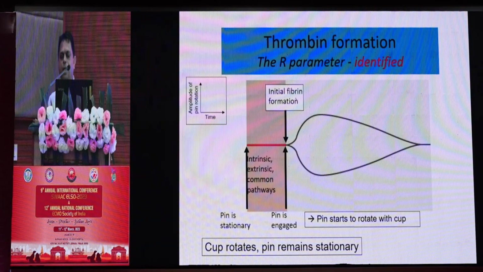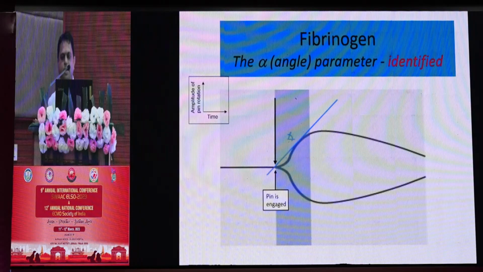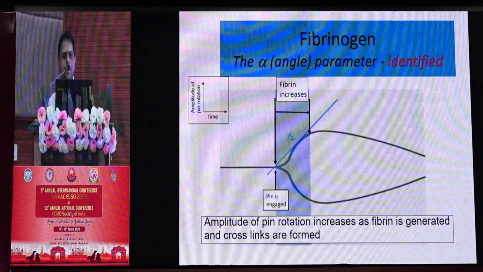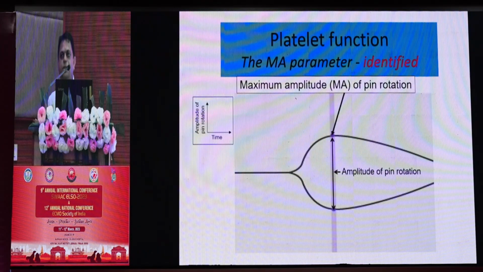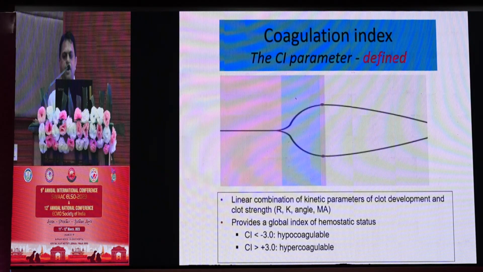The initial is the reaction time, and this is what it tells you. And this is the kinetics time, represented by K or an alpha. And you have platelet strength, which is a combination of your platelet function, platelet number, and the fibrin. So it tells you the amplitude, and that's the platelet thing. And then you have a coagulation index. So it's a linear combination of all of that, and that basically tells you whether the patient is hypocoagulable or